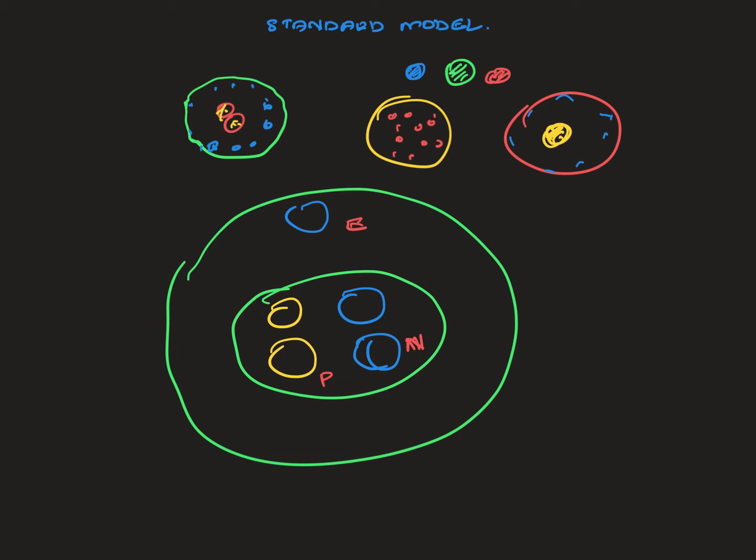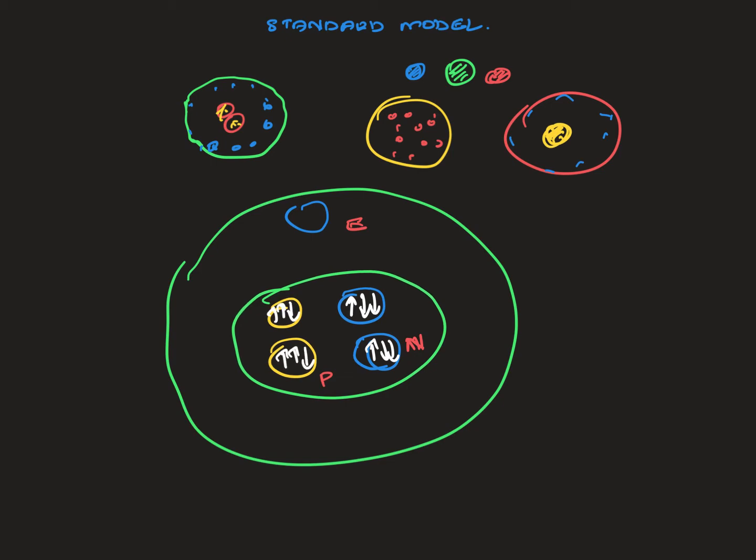In the last 100 years, through lots of developments, they have found out that these neutrons and protons have something inside them. They are made up of other particles. These particles are called quarks. There are 3 quarks in neutrons, and there are 3 in protons. They are called quarks.